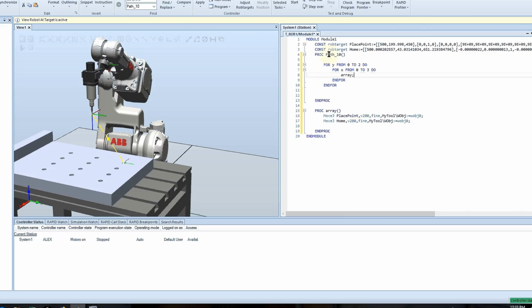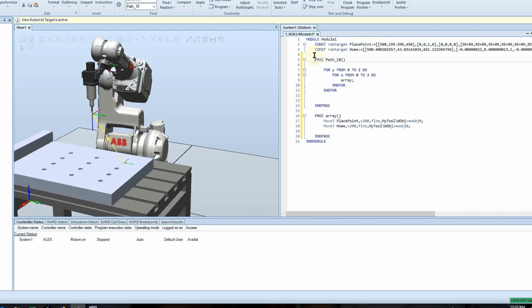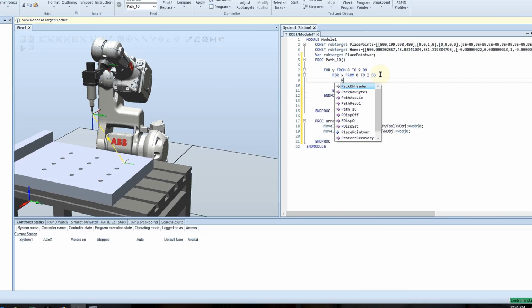Okay, so what we want to do is we have this place point, but that's a constant, and we want to vary that. So what I'm going to do is just copy this, and underneath I'm going to paste, and I'm going to change it to a variable, and we're going to call it place point variable. Okay. So what we'll do now is we'll call place point variable. So place point var,